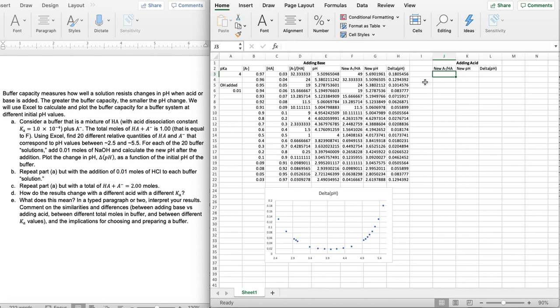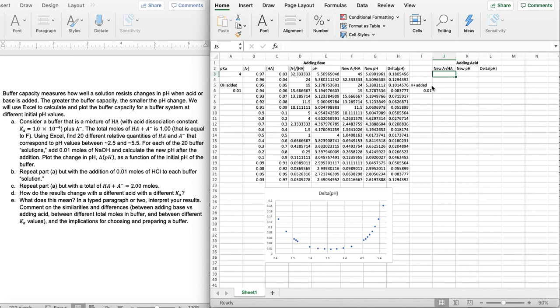Right, so now if we add 0.01 moles of HA, so if we add 0.01 moles of HA,